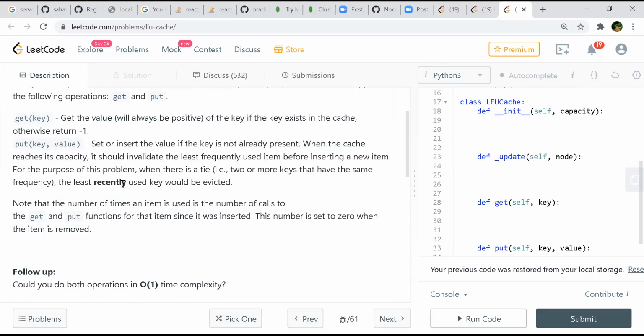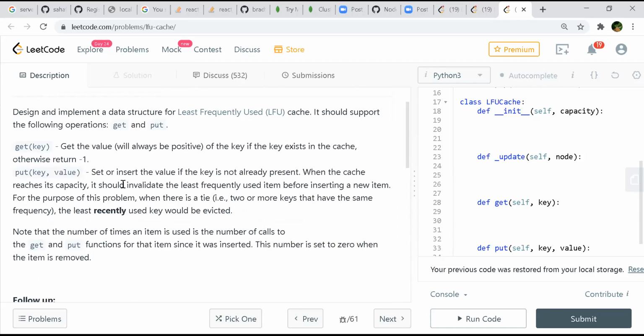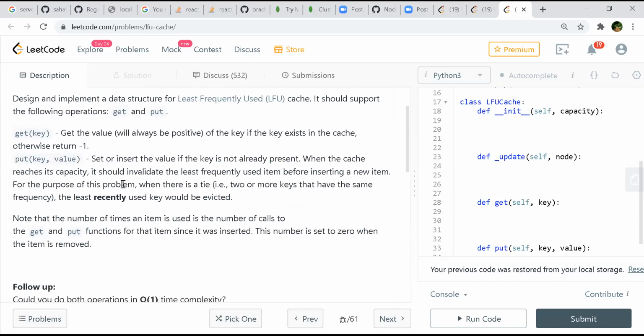So how do you proceed here? What would the brute force be, or any queries in the question? Anyone? Okay. Yeah.